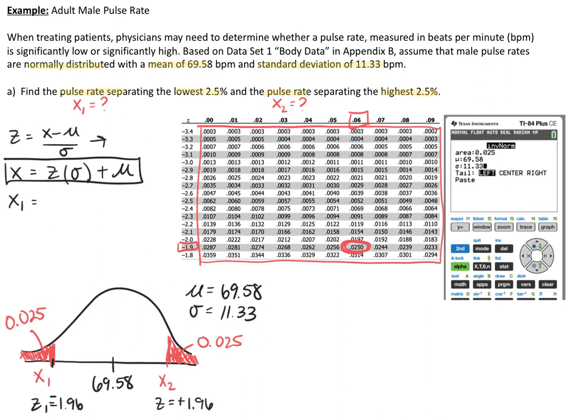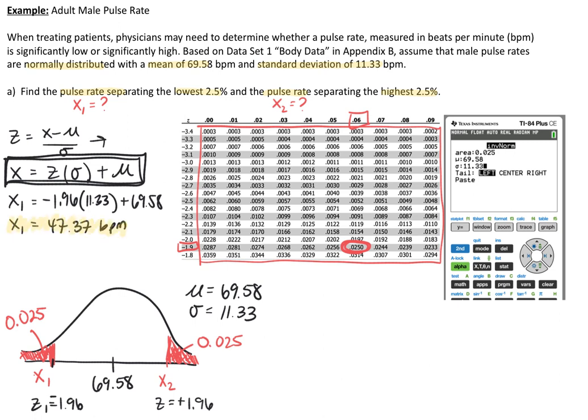So now that we have the z-scores, let's go and plug it into this formula here and solve for those pulse rates. So let's go ahead and do that for x sub 1. The z-score is negative 1.96. Standard deviation is 11.33. Mean value is 69.58. Put it into your calculator. That gives us a pulse rate of 47.37 beats per minute, which is the pulse rate that separates the bottom